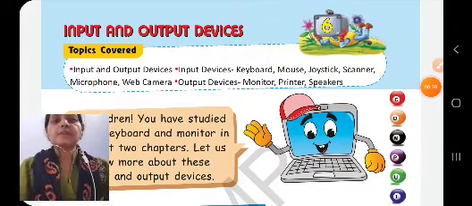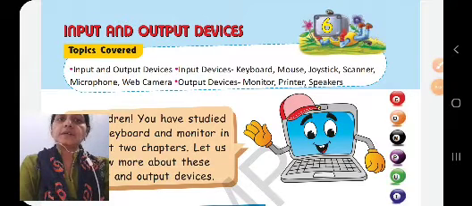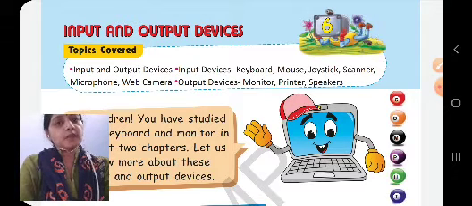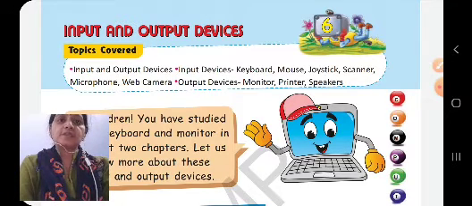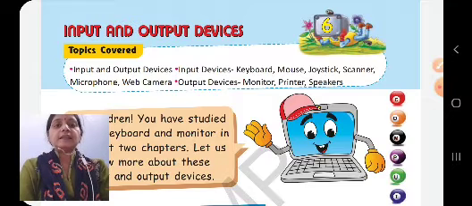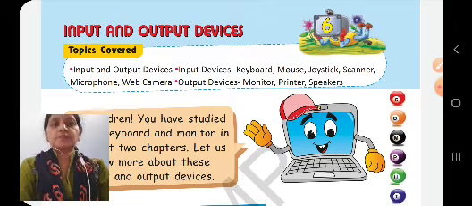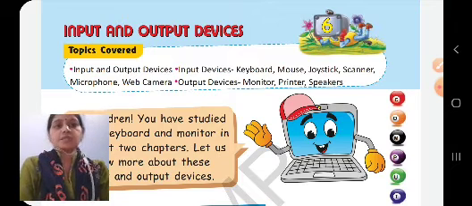So children, chapter 6, input and output devices. Children, in this chapter we studied about input devices and output devices. Children, as we know, input devices are the set of instructions which we give to the computer while doing any work. Computer is a man-made thing and it does not work unless we provide information or give instructions to the computer.